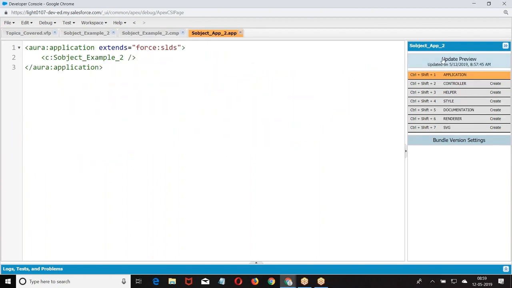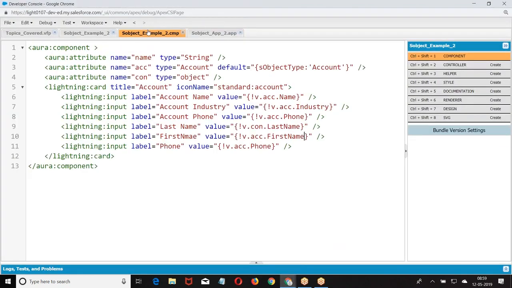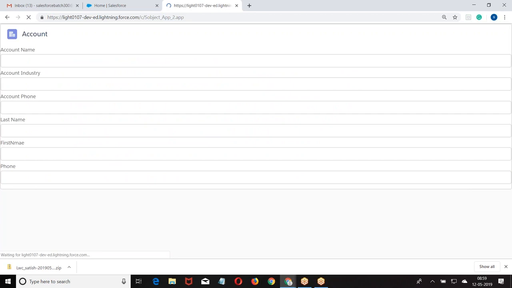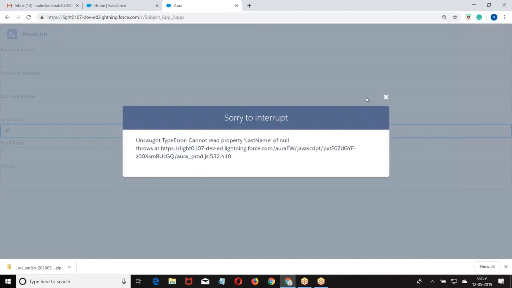Then go back. It is throwing an error message.